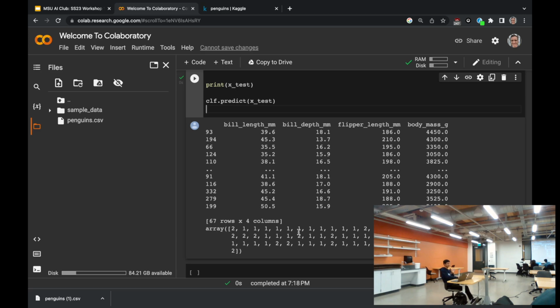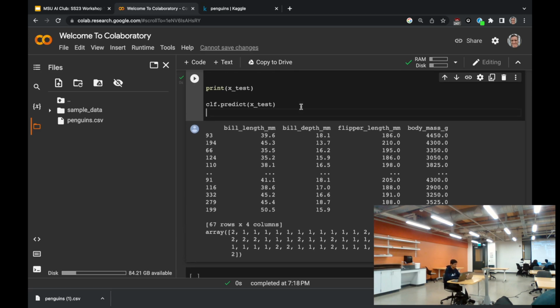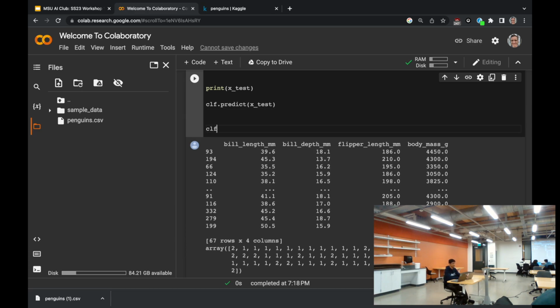And you can use this in all sorts of different scenarios, which we're almost done. And then we'll go over what other application you can do with this. And this is the classification type problem. And now we want to test how accurate this is. You can do that in the